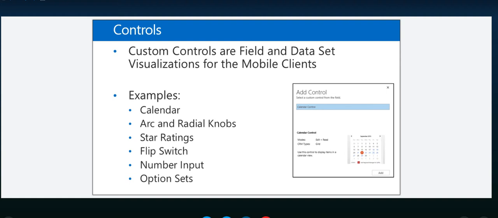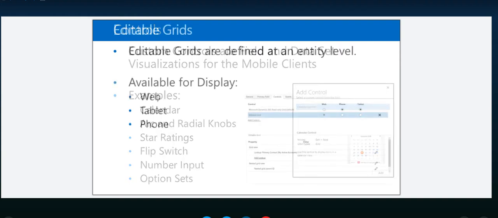So there are some cool new features in there that you can use to visualize the mobile client and make it easier for users to input the data that's needed. Almost all of these are available only on the mobile client, so you do have to set up the mobile client in order to work with them and try them out. But I definitely recommend doing that. And of course, when I say almost all of these are available only on the mobile client, it's because